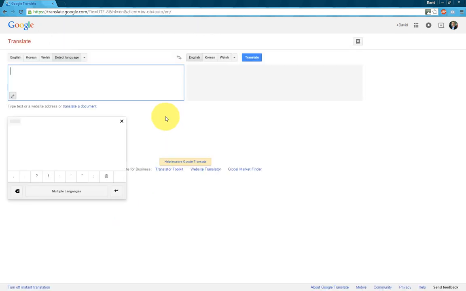Now normally I'll type in what I want to, but I found out today that Google Translate also has a neat handwriting tool, which is already open because I've been using it today. To click on it, just click on the little pen icon here and it brings up a drawing pad, and this is really useful, especially if you want to write in a language that you don't know how to type in. For example, if you've never been to Korea, you'll know the Korean alphabet is a little bit different. So you can see the symbol, and instead of trying to figure out how to type it, you can just draw it. For example, I'm going to write something very quickly in Korean,